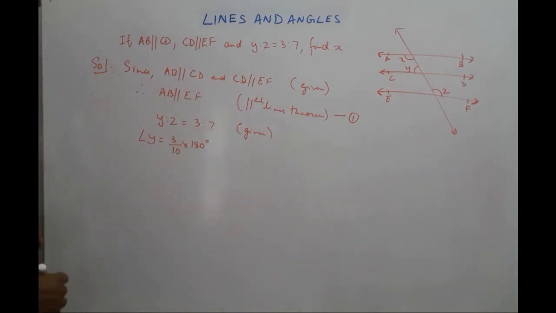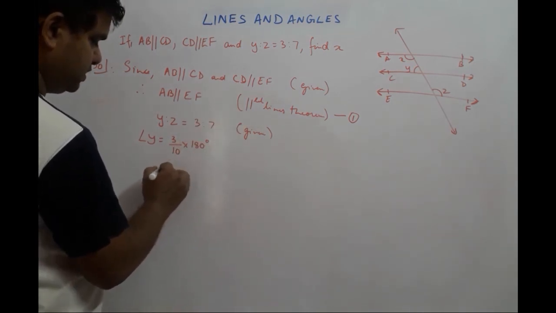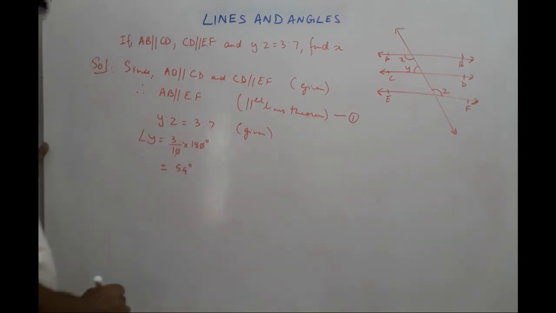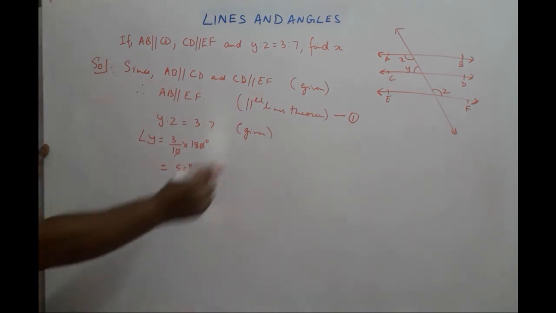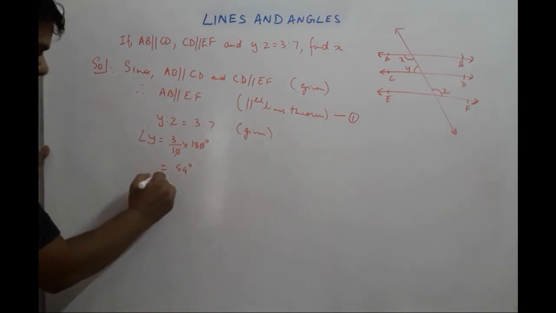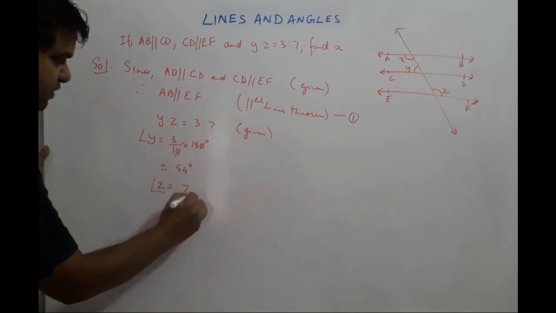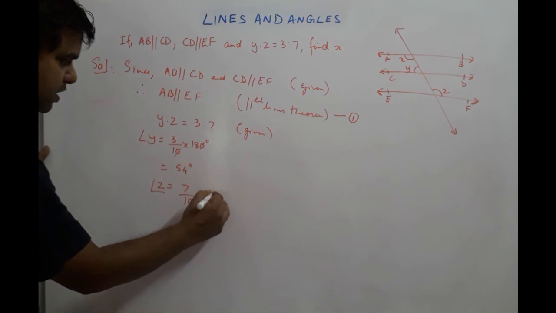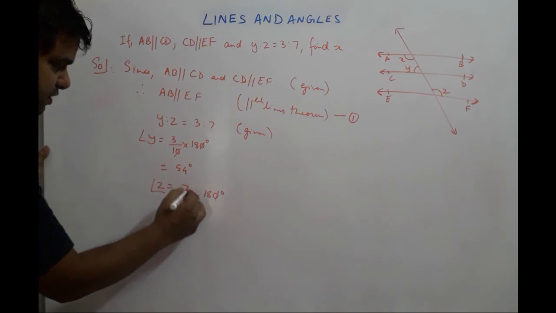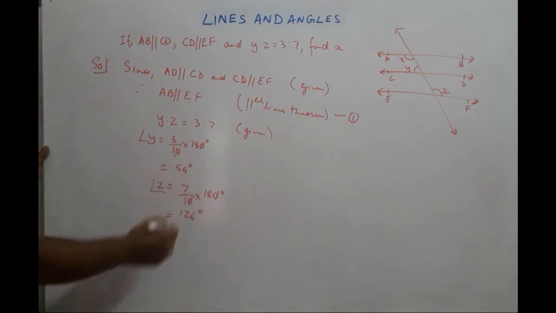Okay, 180 degrees, because they are linear angles. So here the zeros cancel, 18 into 3 is 54. So 54 degrees. And similarly we will have z as well, we can get it in that ratio. So angle z we can get as 7 upon 10 into 180 degrees. The zero cancels, 18 into 7 gives us what? 7 8s are 56, 126 degrees. Together these two should make up